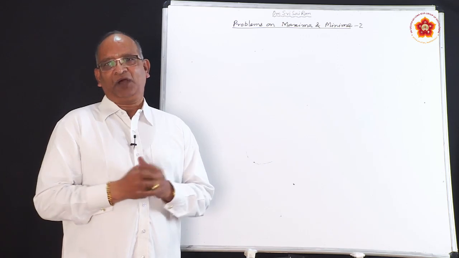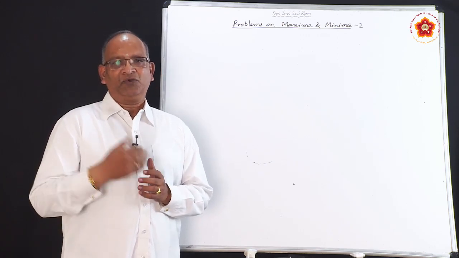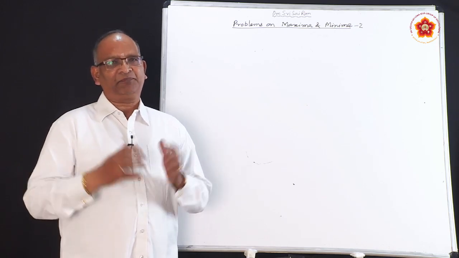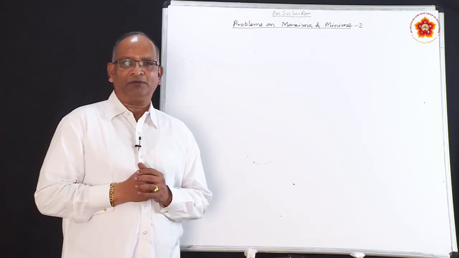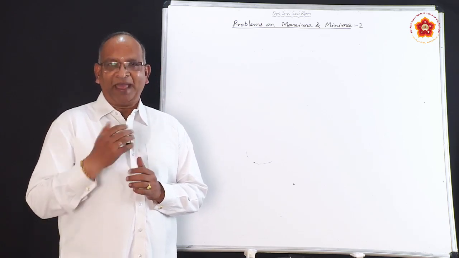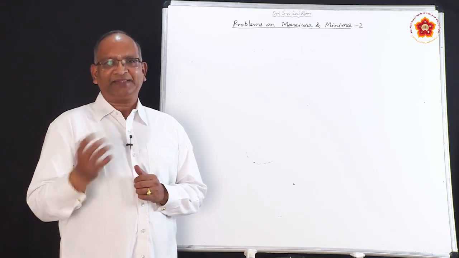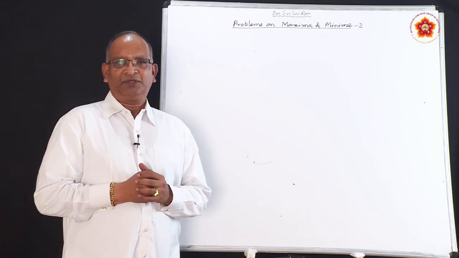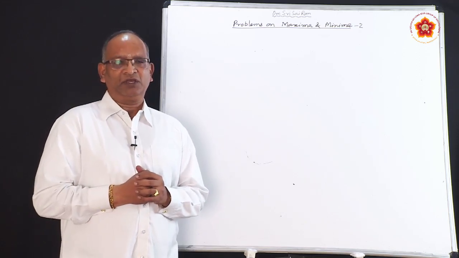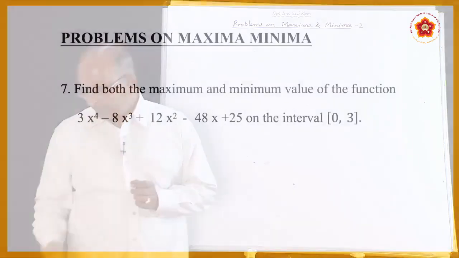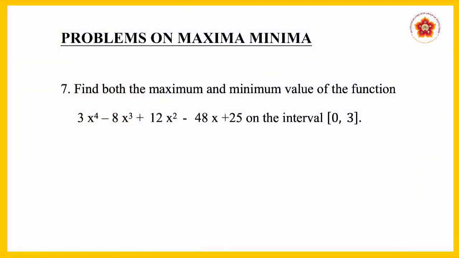We solved some simple problems yesterday. We are going to take up some more problems, and in the next session we are purely concentrating on applications of maxima and minima for solving problems of mensuration. But before that, we will deal with general problems and general situations which we come across. So let us begin with the first problem of today, which happens to be the 7th problem in the textbook. In the previous session we did the 5th problem, now this is the 7th problem.